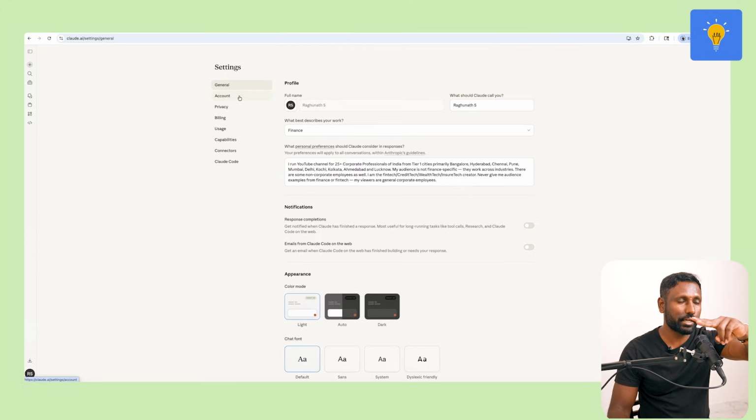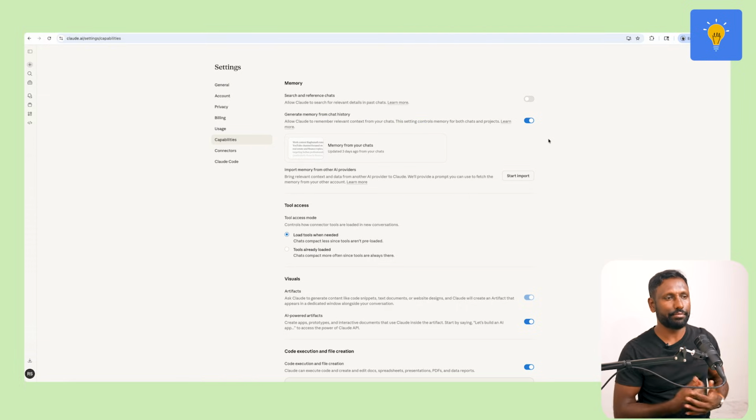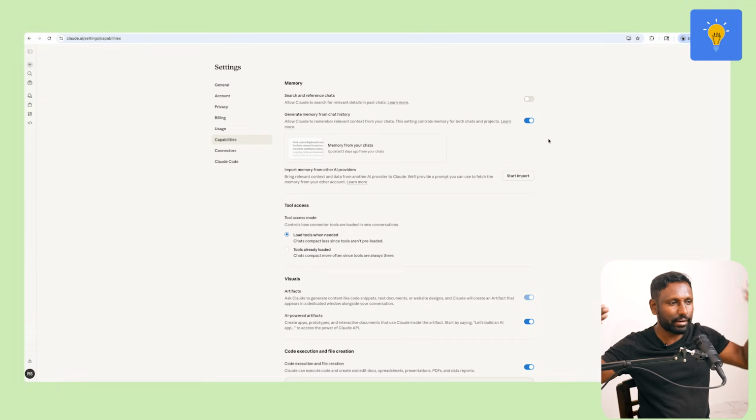The second important setting you have to do here is capabilities. Come all the way here. If you see capabilities, here we have memory. This is very, very important. Generate memory from chat history: allow Claude to remember relevant context from your chats. I turned it on because, let's say I'm chatting about something, I leave it and then come back after some time and try to